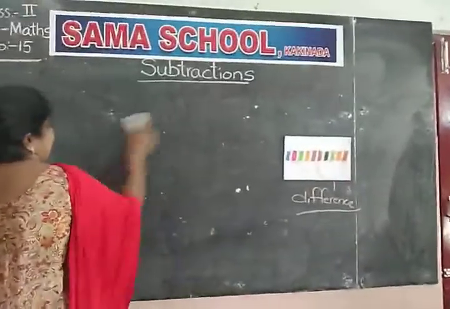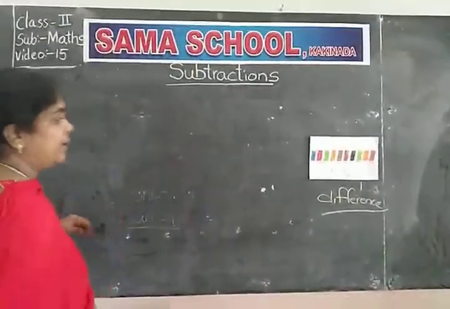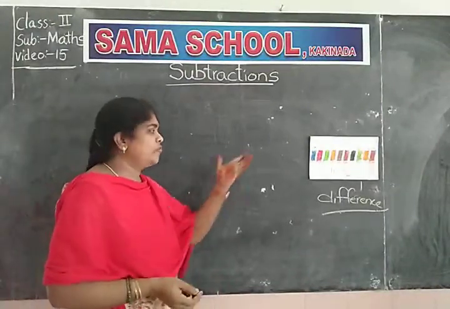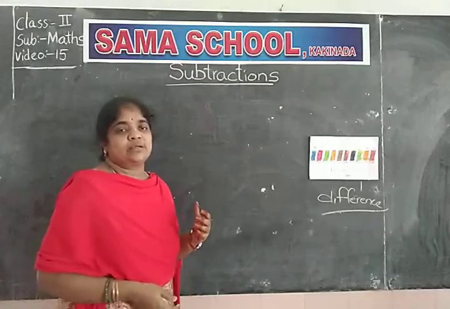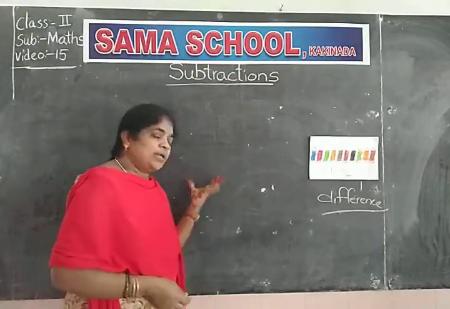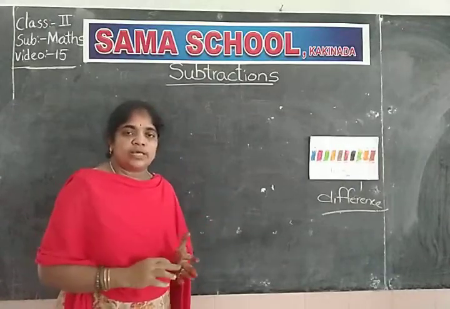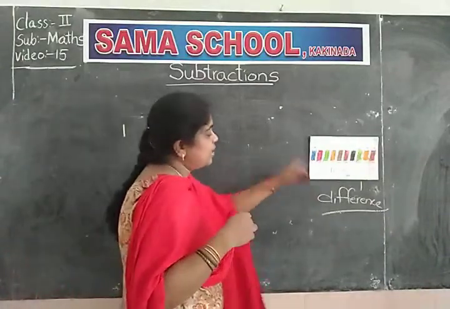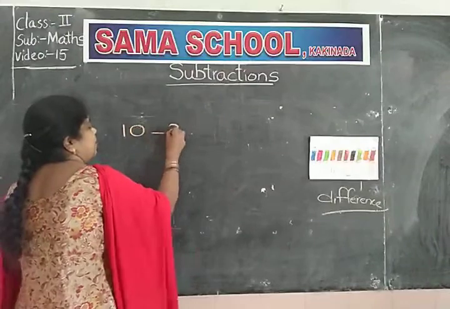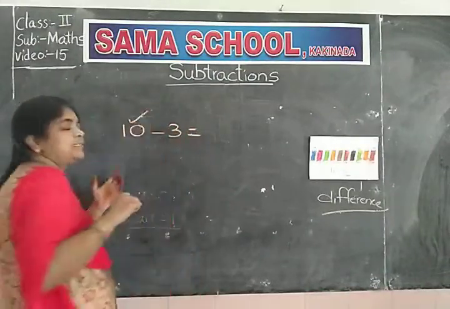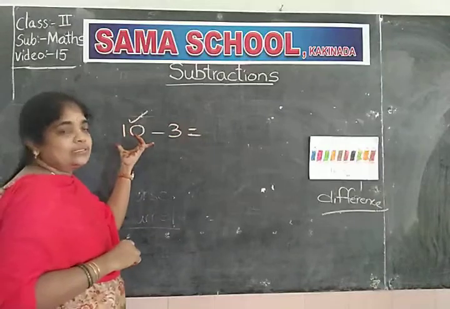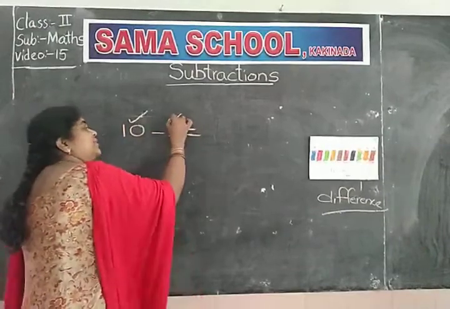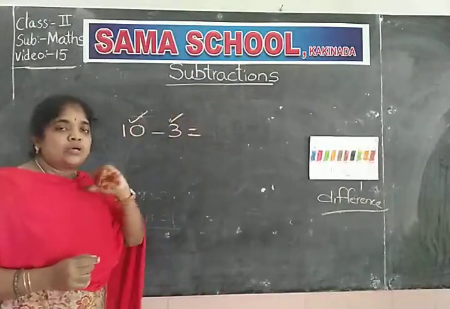Okay. Already in the last class I told you we will do subtraction using our fingers. Every time it is not possible to draw or write pictures and count. Normally we will do subtraction using our fingers. See, this is the same subtraction, how we will do it with the fingers. I will show you. 10 minus 3. This is the total quantity, the color pencils which you have in your box. The second number is 3, the color pencils you gave to your friend.